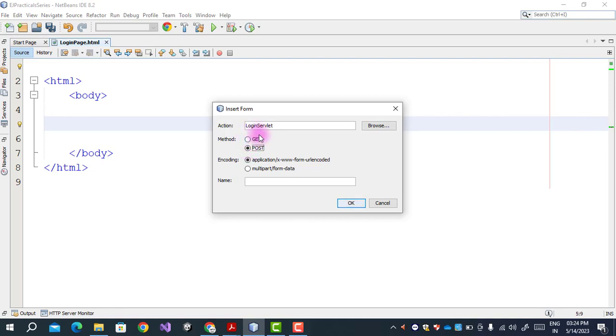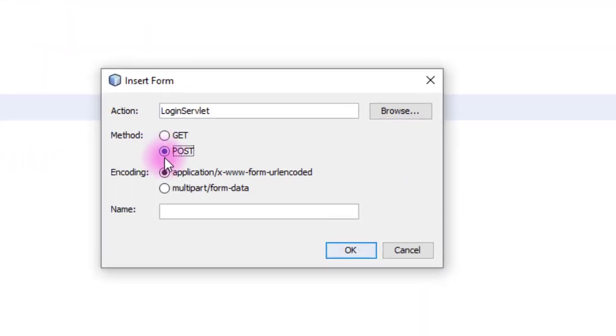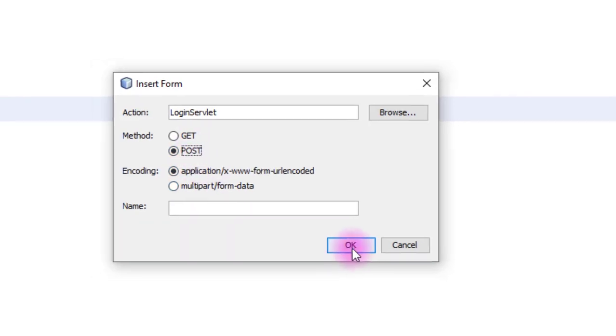When we select the get option, the information that we pass from HTML to servlet is visible on the URL, students. And when we select method equals post, the information is sent in the background. It is not visible on the URL. So when we use post, the information is secure.